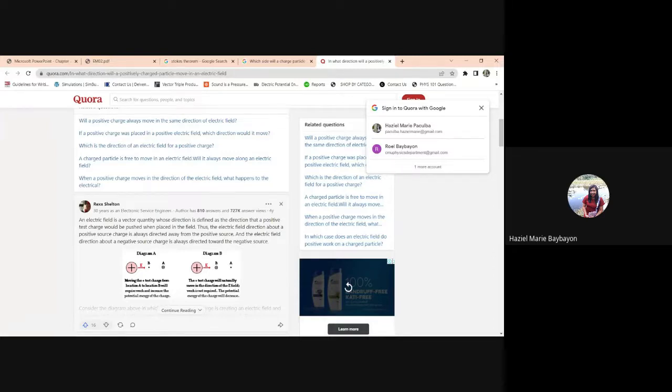Ang difference sa gravitational force o electric force is that gravitational force is always attractive, while ang electric force kay naa kay attractive and repulsive nga electric forces. Okay, so when it comes to potential,